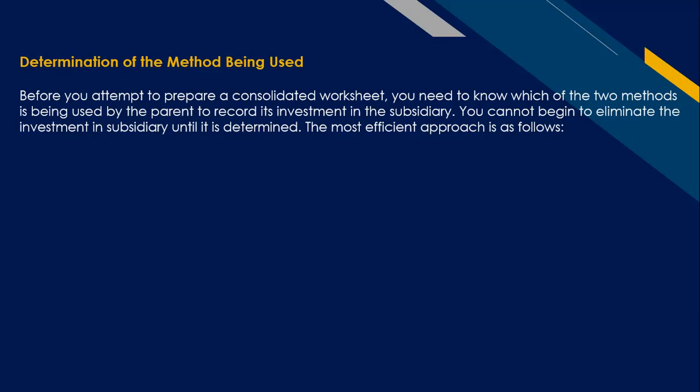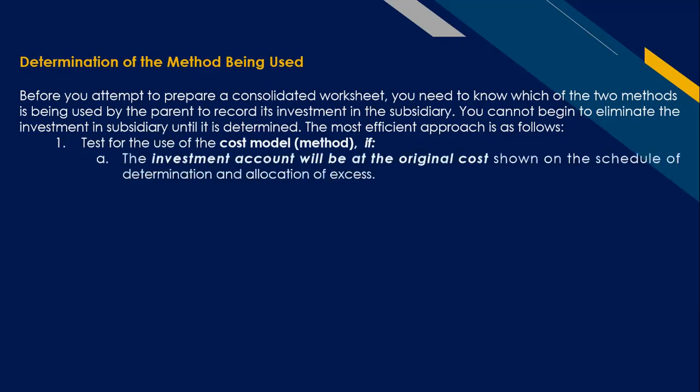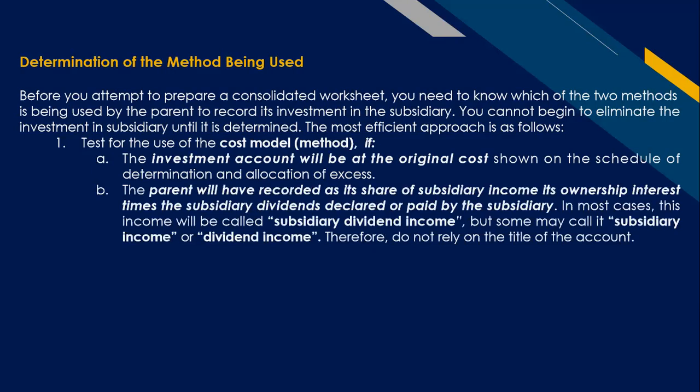The most efficient approach is as follows. Test for the use of the cost model. If the investment account will be at the original cost shown on the schedule of determination and allocation of excess, the parent will have recorded as its share of subsidiary income its ownership interest times the subsidiary dividends declared or